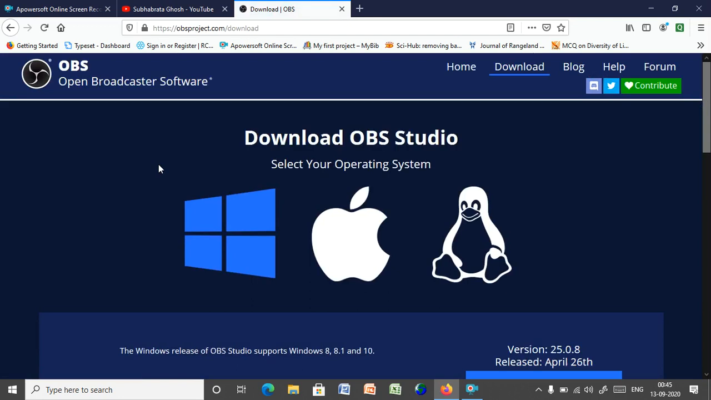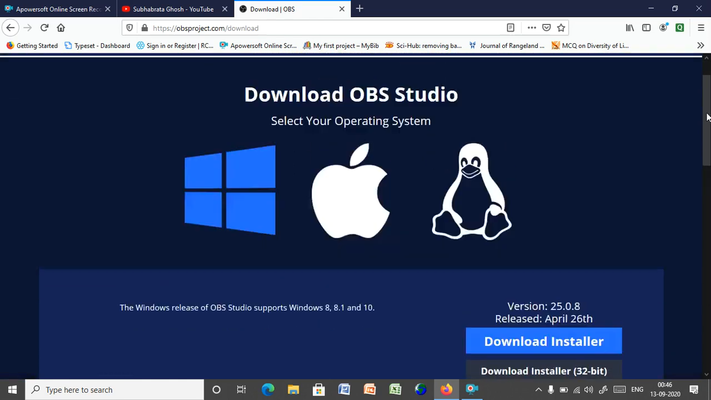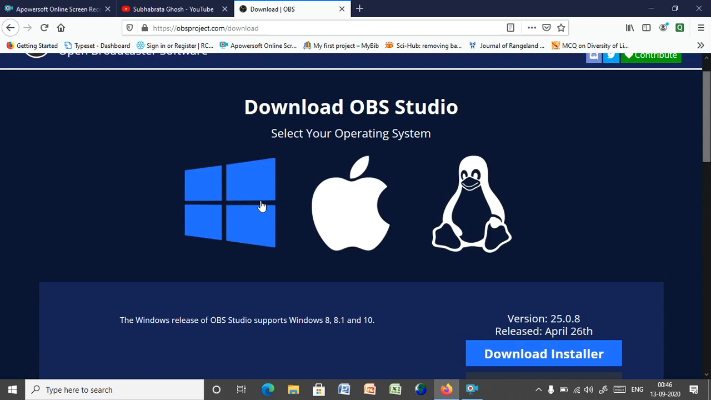Now, most interestingly, this software can work on Windows, on Mac, and on Linux. And initially, as I'm using a Windows 10 version, already this is selected. So this is for Windows 10, this for Mac, and this for Linux. So initially I have to download this for my system. So I'm selecting this Windows one,